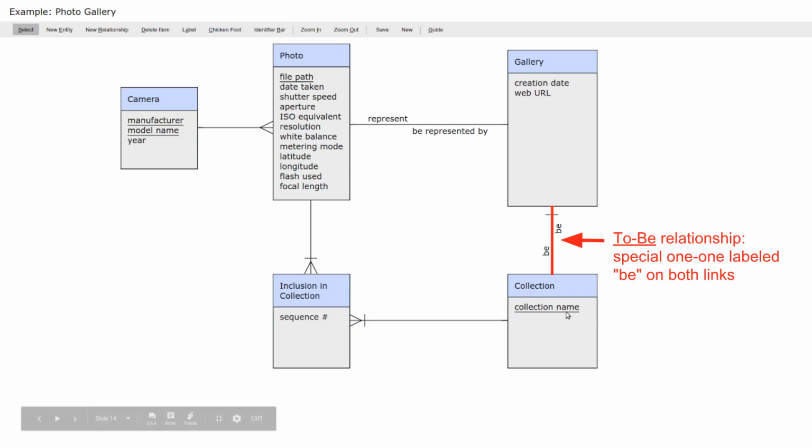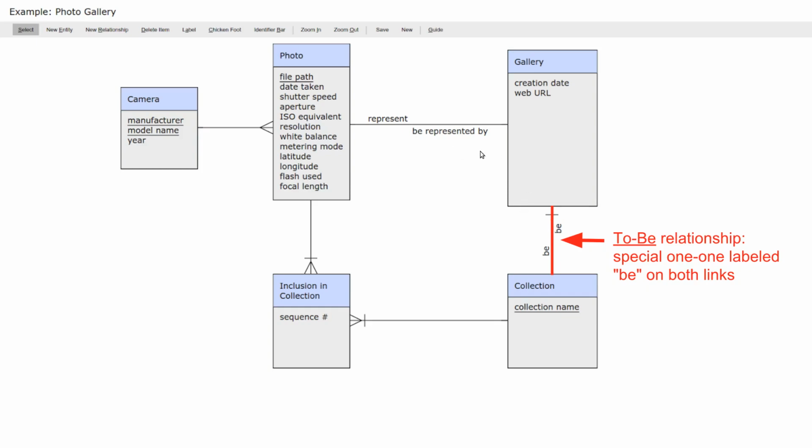I have collections of photos. Some of those collections might serve as galleries if I choose to share them online. So that collection is really the same physical thing in a different manifestation. Contrast that with the photo gallery 1-1 relationship. That's relating to very different entities. This distinction is not obvious, but it will affect how we use the model later.